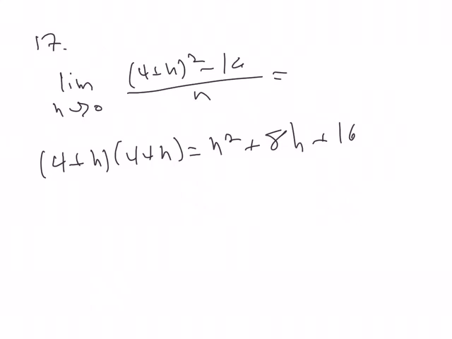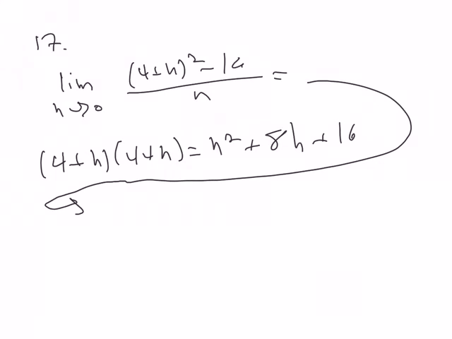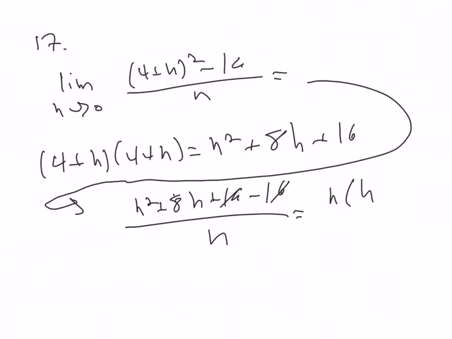So this becomes h squared plus 8h plus 16 minus 16 over h. The 16's cancel, so let's take out an h, so it's equal to h times h plus 8